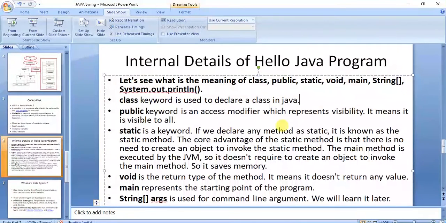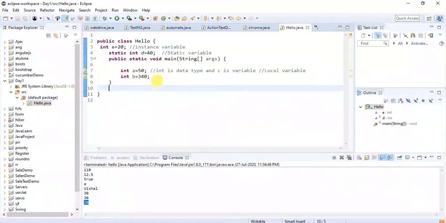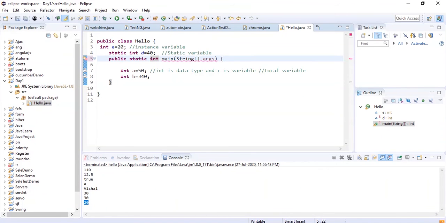Okay, now we were seeing that static is a keyword. If you have declared your method as static, then you don't have to create an object. And void is the return type of the method. With void, we are not returning anything, so the return type is void here. Otherwise, it would be int, but it will show an error because we have not written anything. We will understand this in more detail in an upcoming session. So just understand this is a return type.